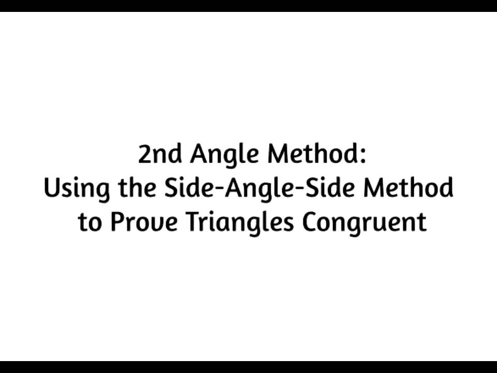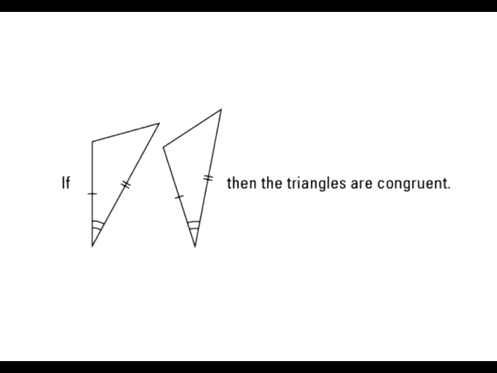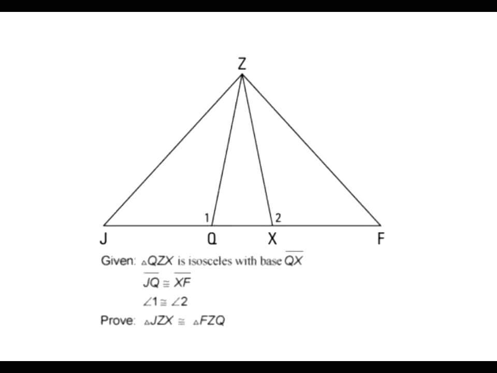Okay. Using the side angle side method to prove triangles are congruent, the SAS side angle side postulate states that if two sides and the included angle of one triangle are congruent to two sides and the included angle of another triangle, then the triangles are congruent. The included angle is the angle formed by the two sides. The following figure illustrates this method. Given